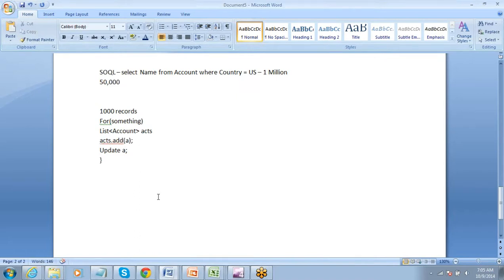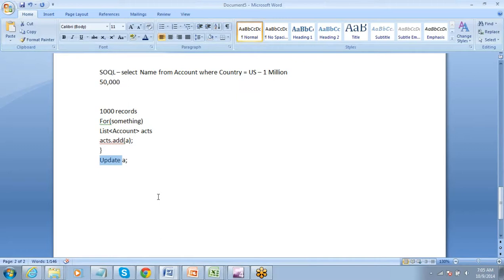So I create a list, and in that loop I keep on adding, and the loop should exit here. Then what happens here? In the loop, what you are doing, you are just adding the value to a variable, which is a list. So values get added to the variable. Once it is complete, you perform an update operation. Got the logic?